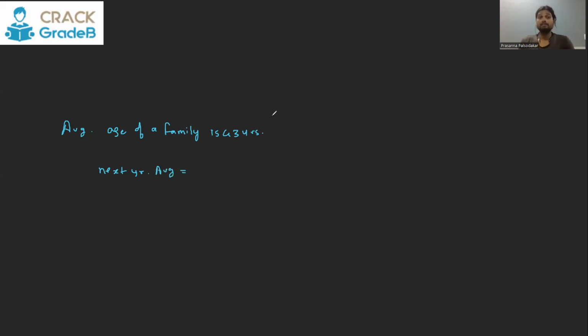Now, one might wonder that the number of members in the family is not given. How many members are there? So can we calculate this, or is the data insufficient? Please understand, friends, if the average is 43 years, that means if you consider the chocolate theory part of it, however many members there are, everybody has 43, 43, 43, 43 chocolates each, because 43 is the average.